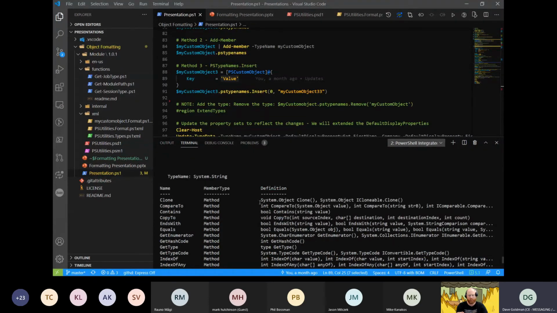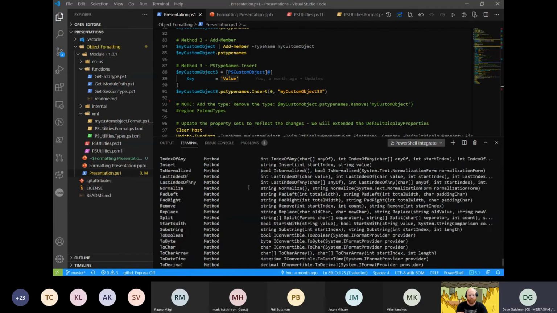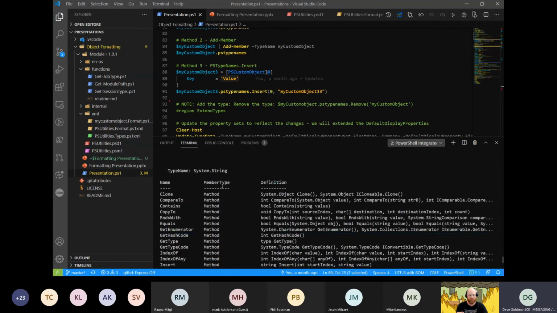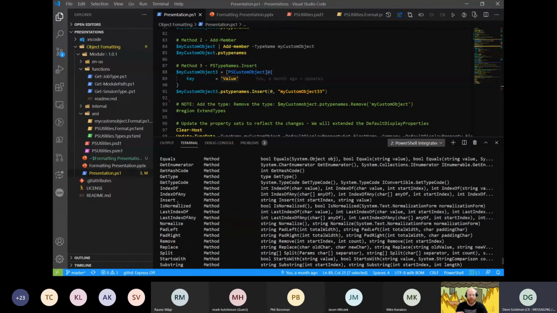What that is showing me is that of this type system string, there are some methods here. And as I said earlier, when you have an object with methods, they allow you to take actions on an item. What I'm doing is calling the insert method off of the PS type names object that's associated with custom object 3.